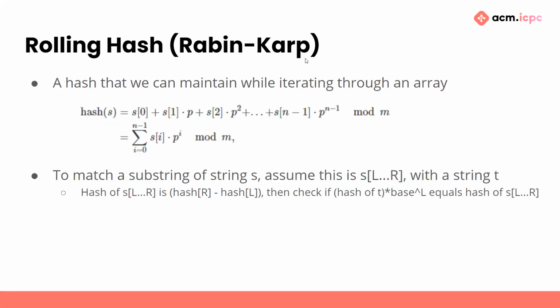Okay, so now I can talk about rolling hash. And this is related to the Rabin-Karp algorithm. And the Rabin-Karp algorithm states that, or the idea is that we can find or we can match strings together by doing some arithmetic and multiplication to extract a substring out of a string and then match that with some